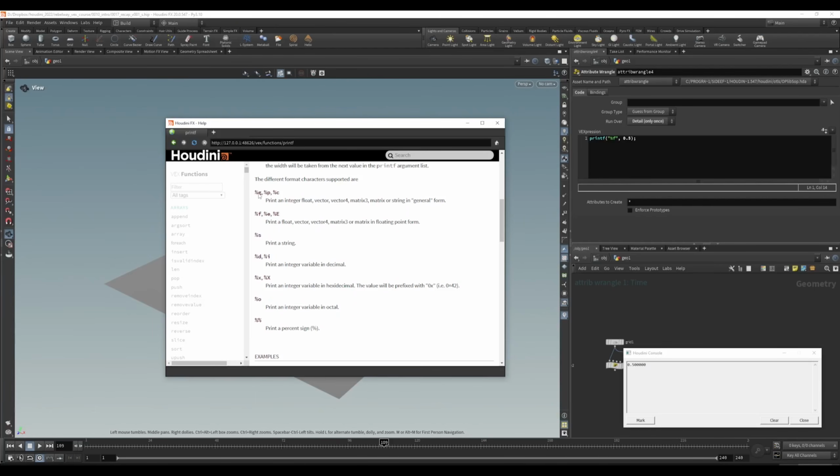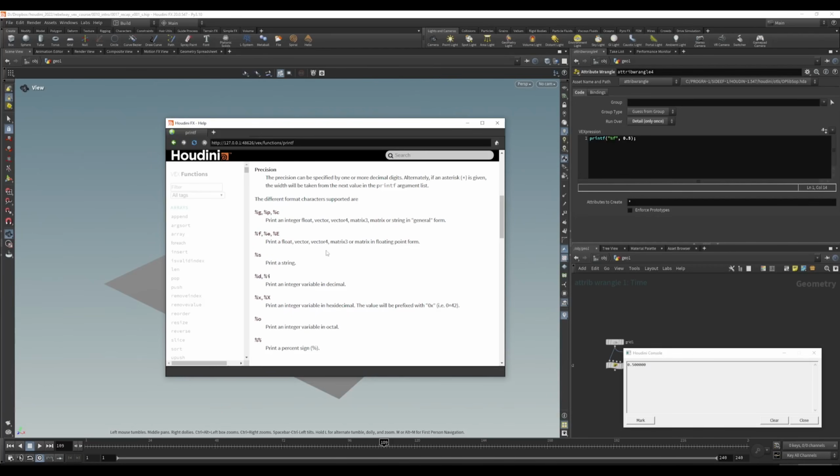So we can use G, P, or C for these forms, F, E, or capitalized E for these forms, etc. S for a string, I for these forms, and all of these different forms have different uses inside of C, and that's what makes VEX a more C-like language in its usage. People who are used to seeing these kinds of things in much lower level languages will be familiar with these right away, but this sort of strange arcane form is just something more of a convenience to programmers who already know